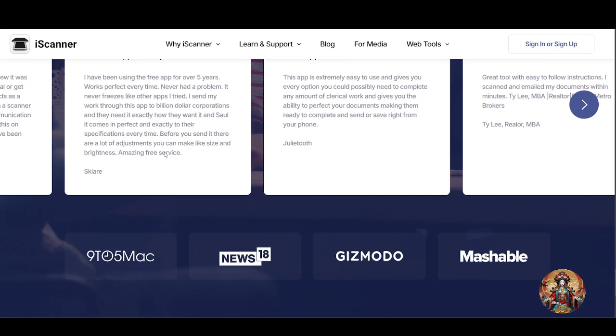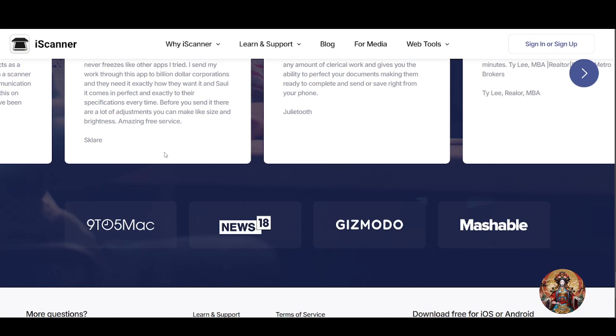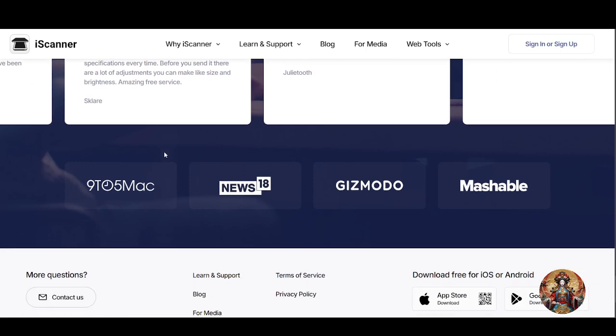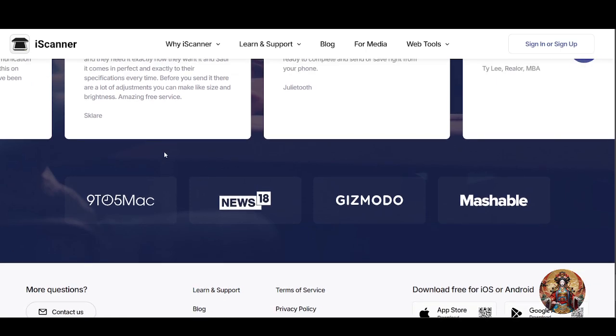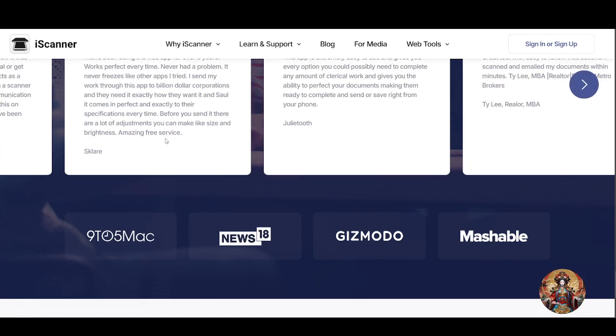Now, versatility: useful for students and educators and small business professionals and freelancers for tasks like signing contracts or digitalizing study materials. Now the fifth, recognition: highly rated on the App Store, it has already rated 4.8 stars with over